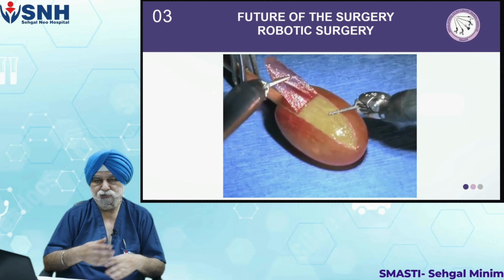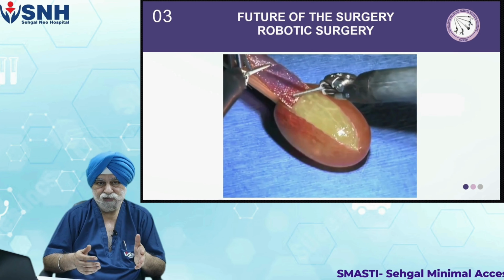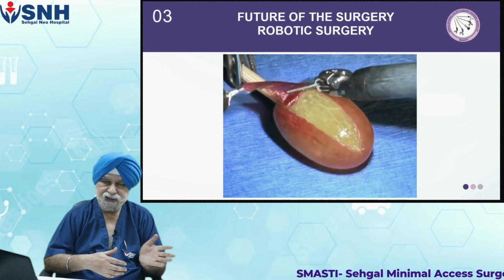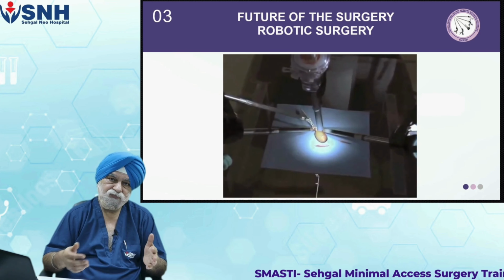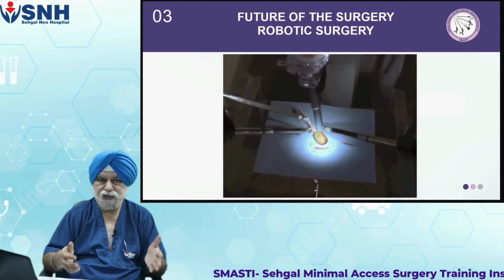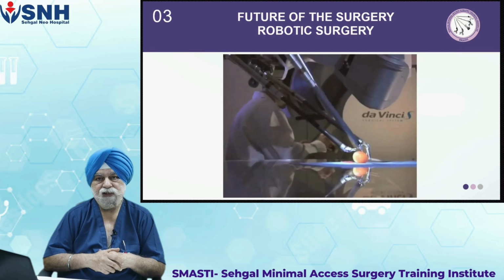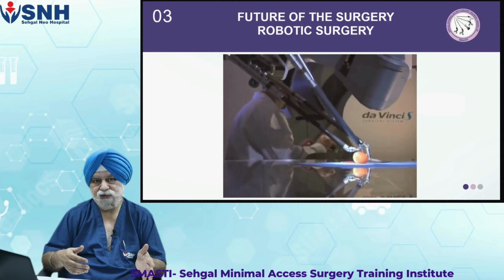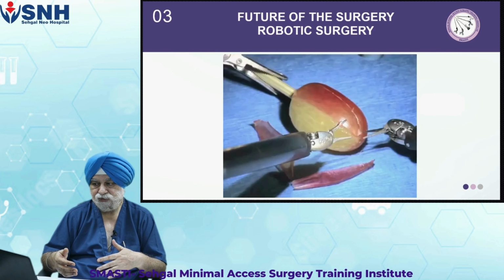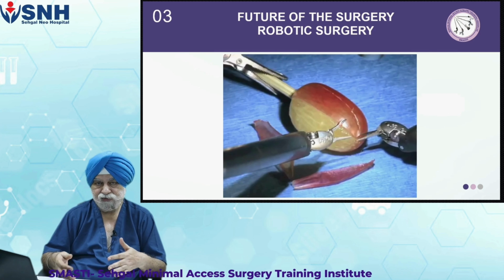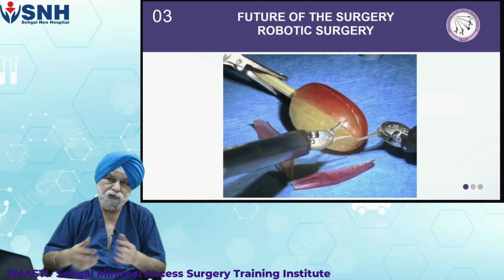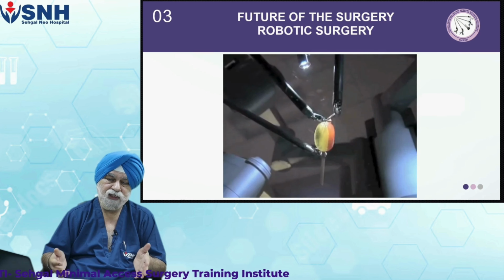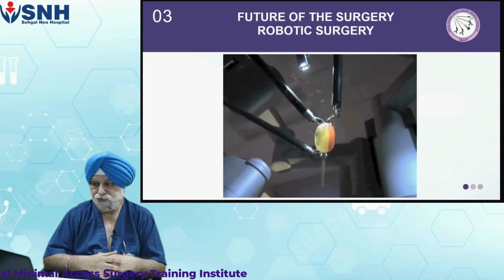If he wants to zoom in, zoom out, look left or look right, he can. And the control of the energy sources is on the foot pedal. All the energy sources which we use in laparoscopic surgery, like monopolar, bipolar, or harmonic, can all be used in robotic surgery also.